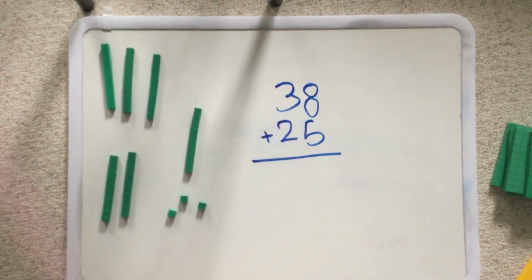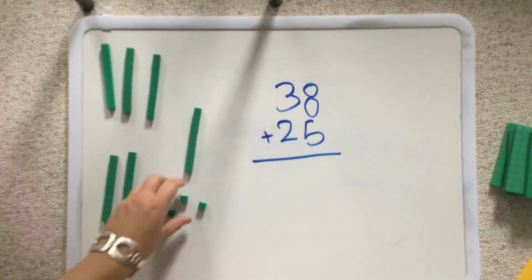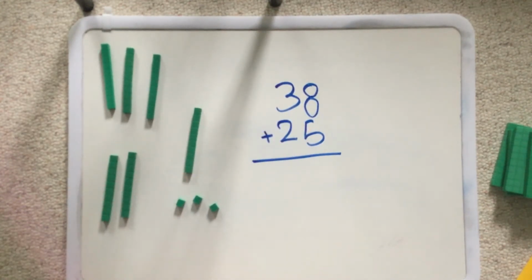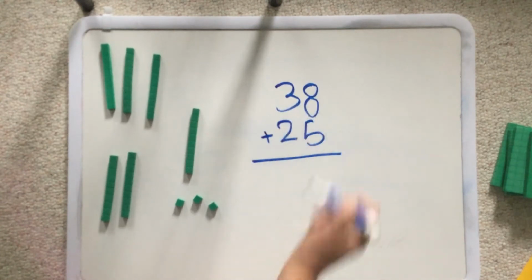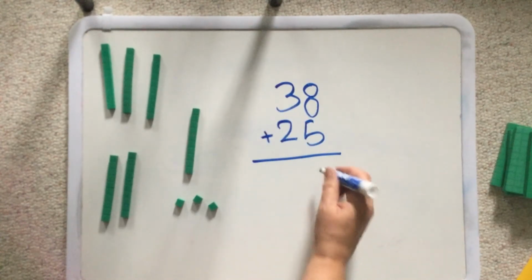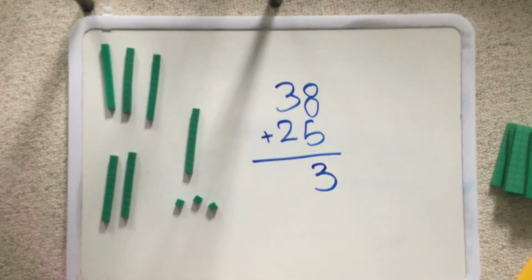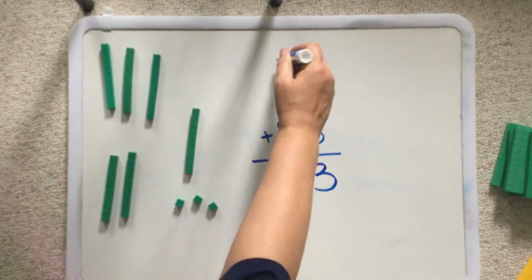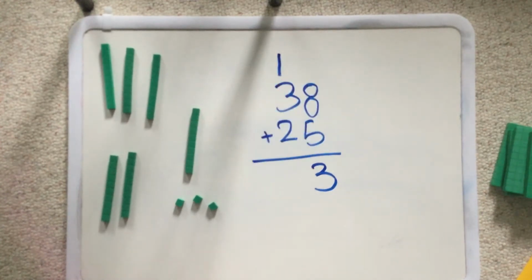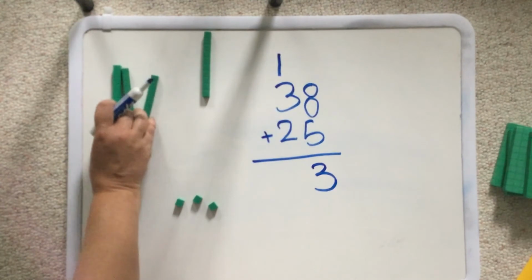When I add my 8 1s and 5 1s, I ended up with 13 1s. I could write that as 13. I could also write that as 1 10 and 3 1s. When I record that in a traditional way, I record the 3 1s in the 1s place, and I record the group of 10 in the 10s place,